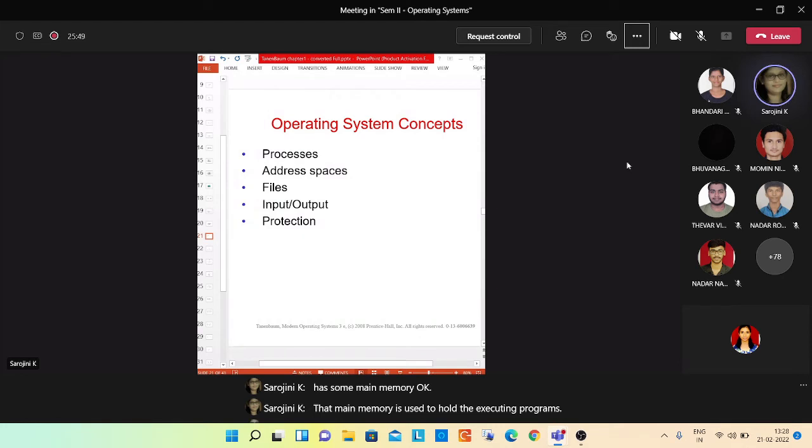So what is the use of main memory? Main memory will be used only to store the temporary memory about the processes which are on execution. Of course, when we are saying process, it is on execution, the task on execution will be automatically understood.